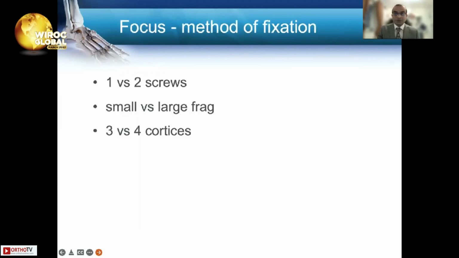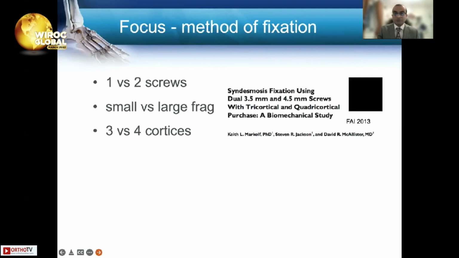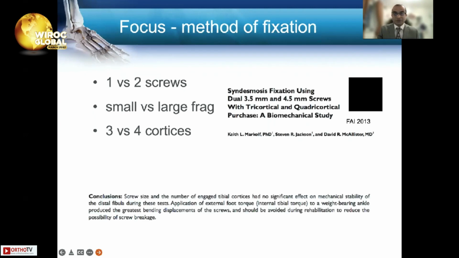You could use 1 screw, 2 screws, small fragment, large fragment screws, 3 cortices, 4 cortices, but there's evidence to show that the screw size and the number of cortices do not matter as long as you can maintain the stability by any of those measures, depending on the patient factors as well as the accuracy